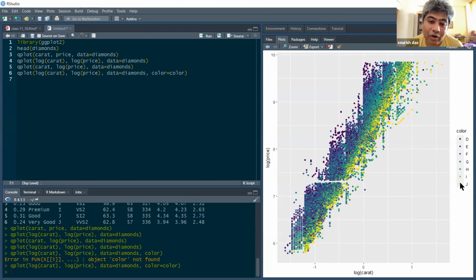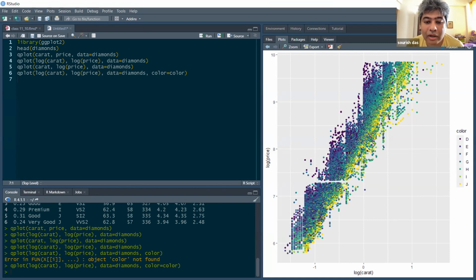So take any carat, essentially, and vary it, say log carat equal to 0. That means carat equal to 1, basically.